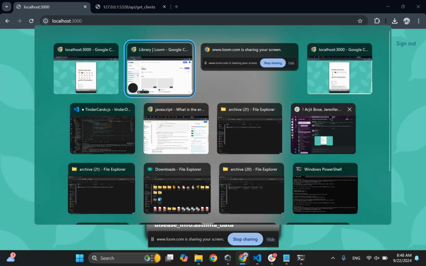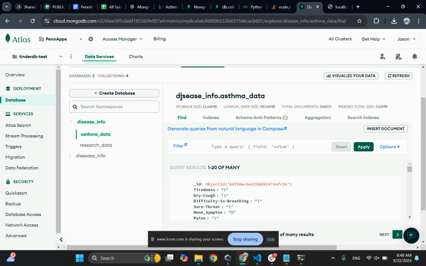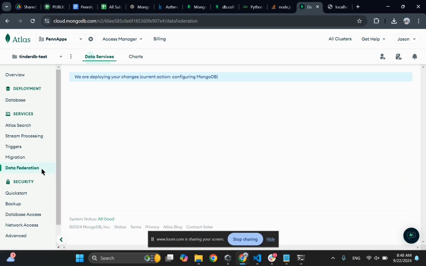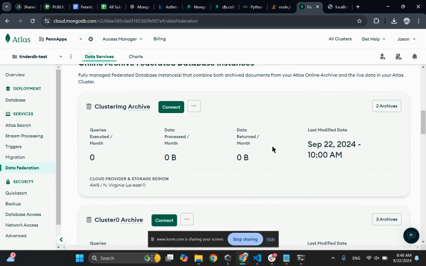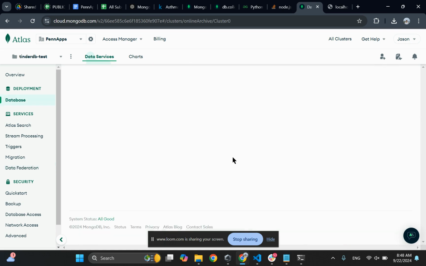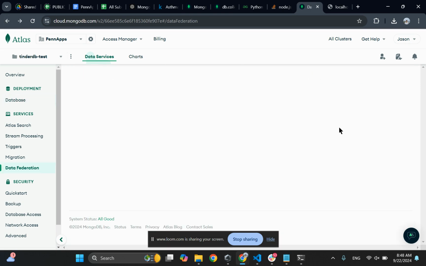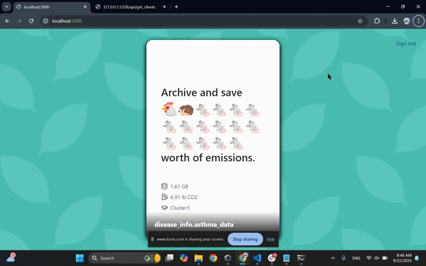Now, if we look over to our MongoDB dashboard over here, and we go to our archival storage, we can actually see the database that actually went into that archive. So if we go into here, we're going to see all of the different databases here that are currently actively archiving from